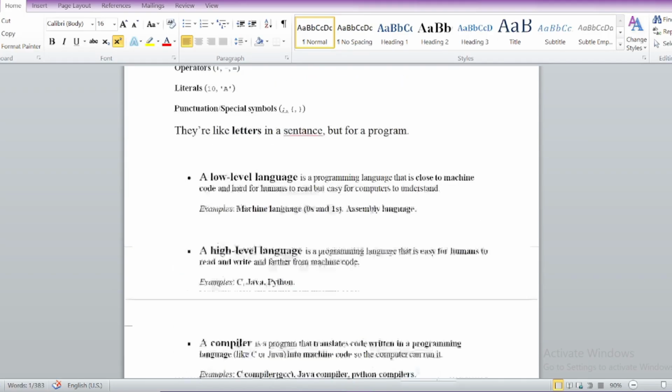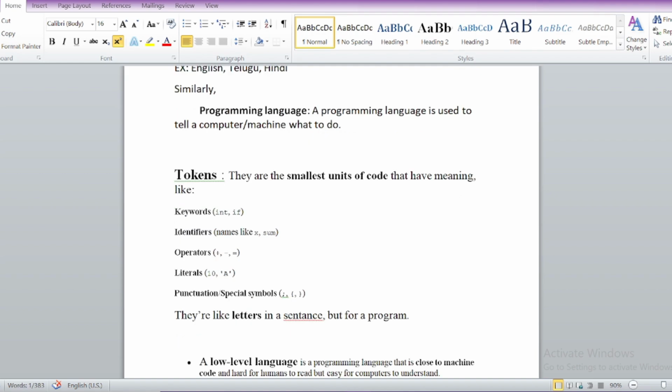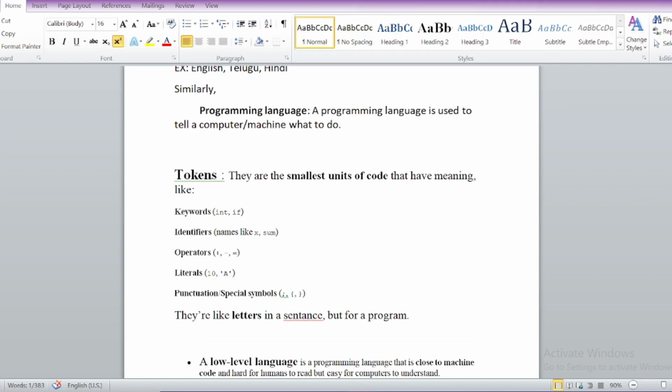If you learn the C language, then you can tell the computer or your machine what to do, what task it needs to perform. So in order to make the machines work for you, you have to learn programming languages. In this tutorial, you will learn the C programming language. And if you want to learn the C language,